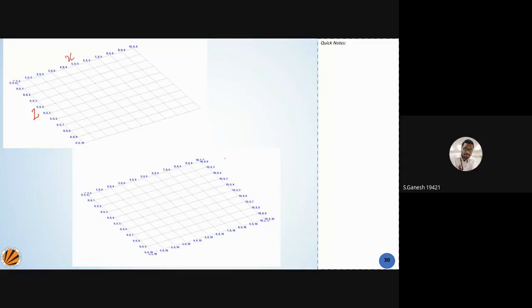When I select both, it shows the start and also the end. So for both the X direction and the Z direction, it shows the start and end portions of the coordinates.